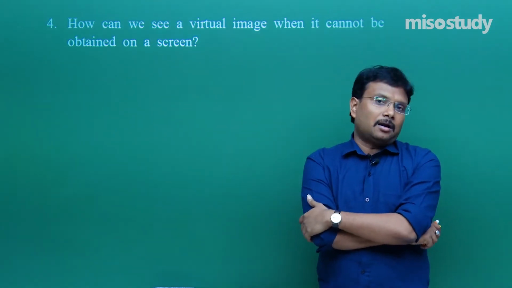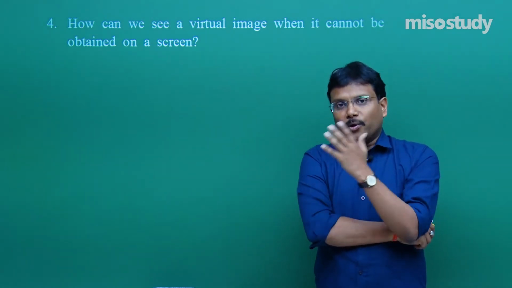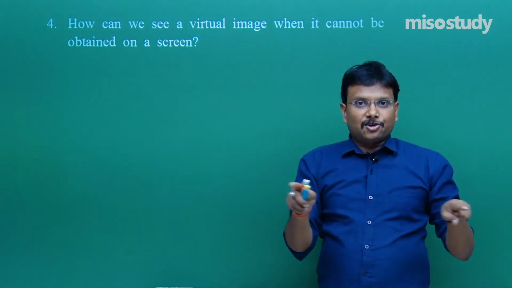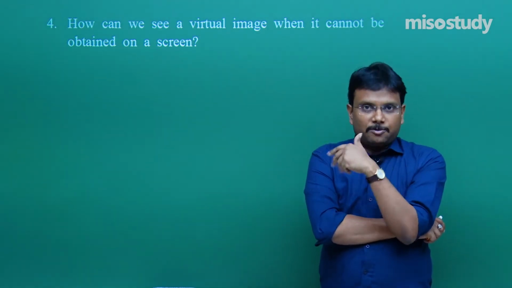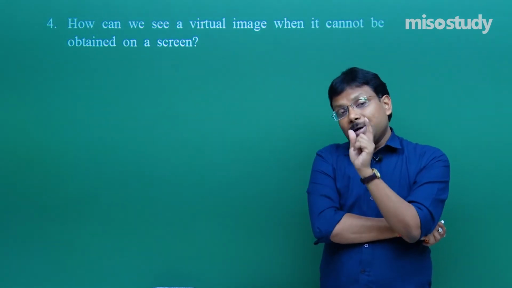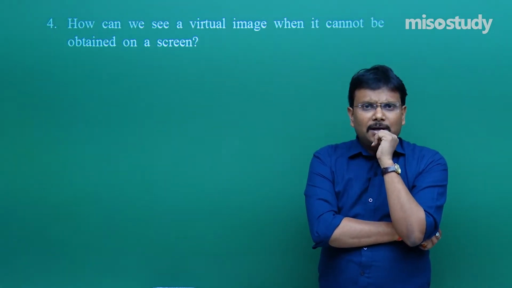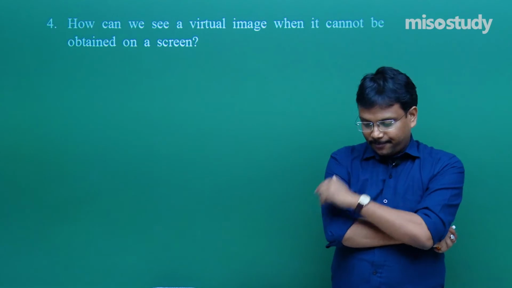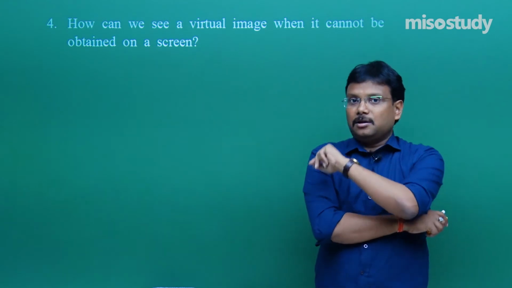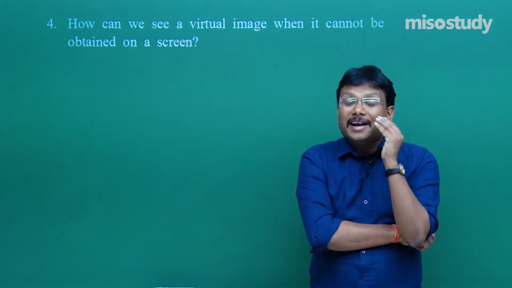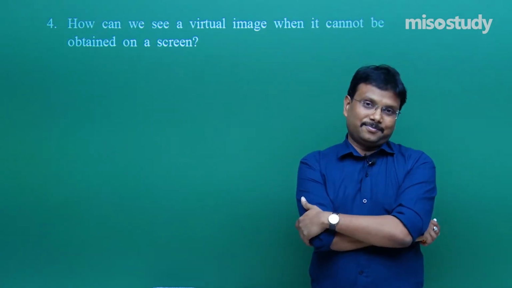Let us say I am going to PVR or big cinemas and I am watching a movie. Image formation is taking place there with the help of a projector, and on a white big screen real image formation is taking place. Then we can say, oh, I am enjoying the movie by spending 500 or 1000 rupees. But if the image is real, only then. But if the image is virtual, then how can we observe it? Okay. Virtual image you cannot achieve on screen, but it is not like that your retina cannot form the image of this virtual image.